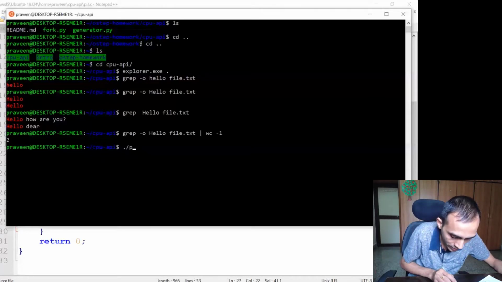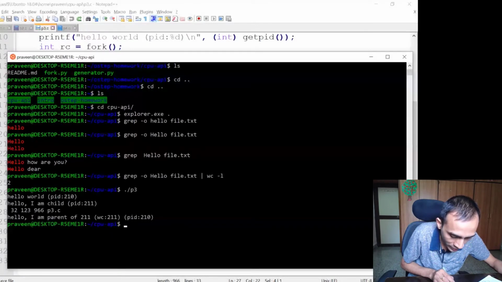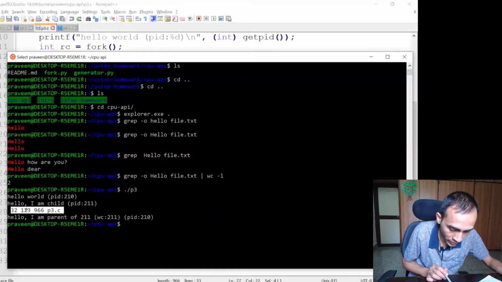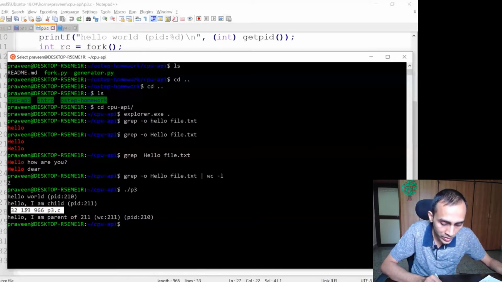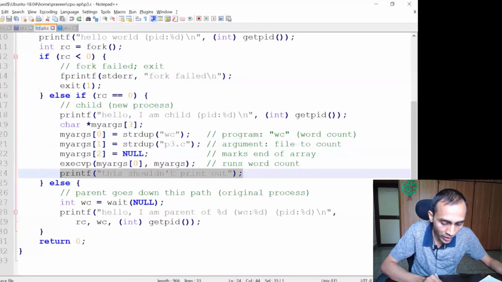As you can see, in the child process the wc command has actually executed, which is counting the number of lines, words, and bytes, and giving the name of the file it is working on. And you can see this printf has not been executed, because the executable of wc is overwriting the current child process memory image.